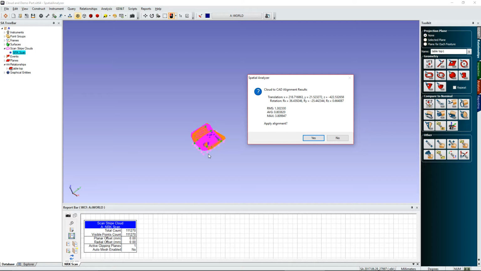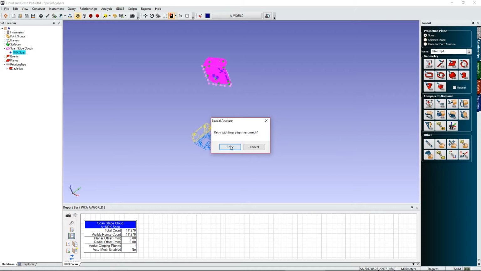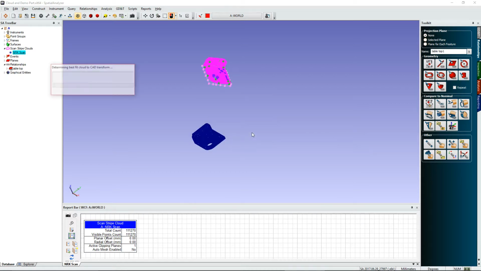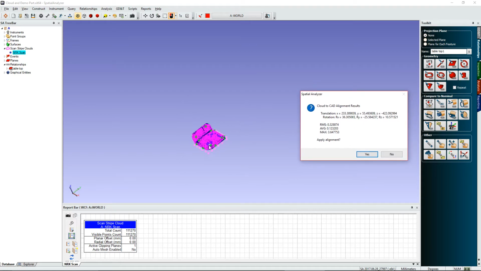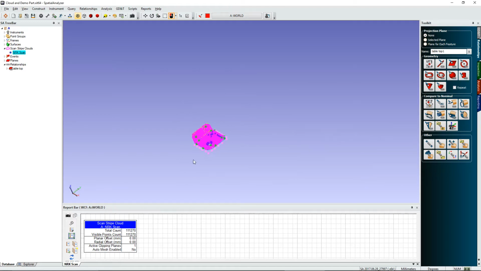Now if you look closely here, you can see that it's not exactly a great alignment. So I don't want to apply that alignment. I'll hit no and then just go ahead and retry. And then SA will do a little bit tighter mesh and align to that, and you can see that that came out much better. So I'll hit yes there